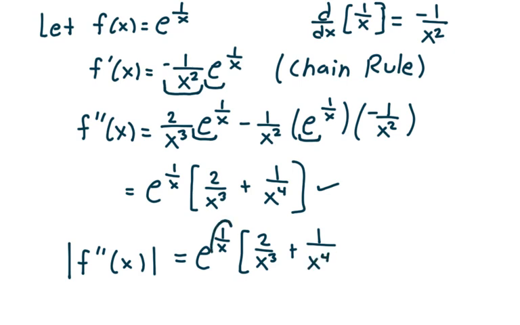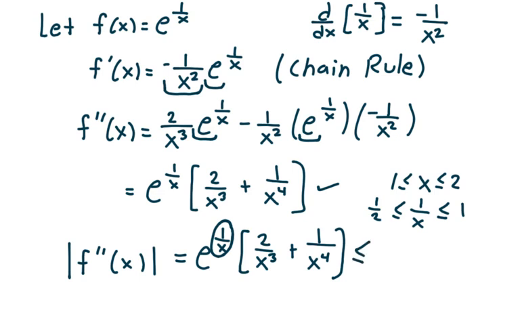If I make the denominator for 1 over x smaller, 1 over x gets bigger. Now remember, x is less than or equal to 2 and greater than or equal to 1. So 1 over x, if I take the reciprocal, is less than or equal to 1, but it has to be greater than or equal to a half. And so this is going to be less than or equal to